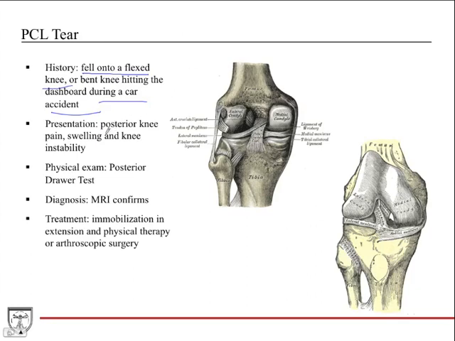Presentation, you're going to have knee pain more in the posterior region, swelling, and then knee instability as well. Physical exam, you're going to have a positive posterior drawer test like we talked about. MRI will confirm the injury. Treatment, you immobilize the person in extension, and then you can do physical therapy. And if it's really bad, you could do arthroscopic surgery for this as well. Not as common to do surgery for this as for ACL. Usually you try to do this instead, but if it is really bad or these aren't working, then you switch